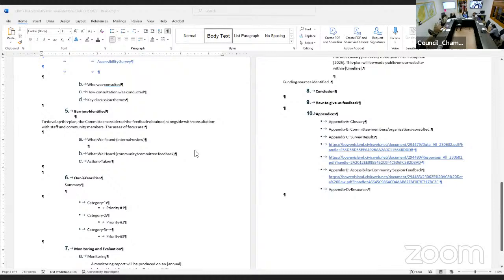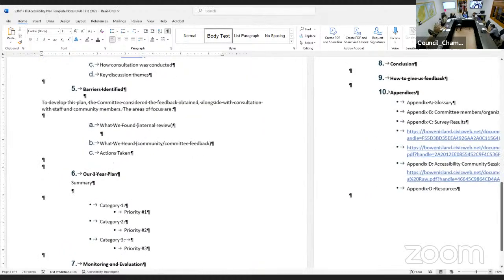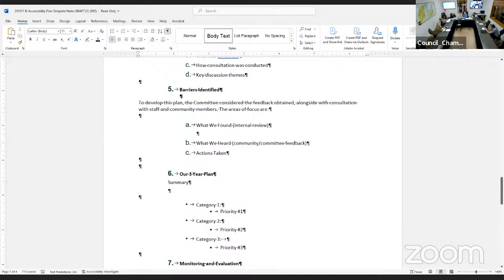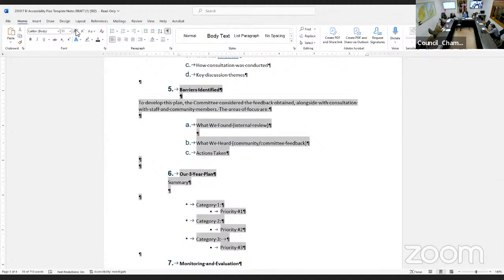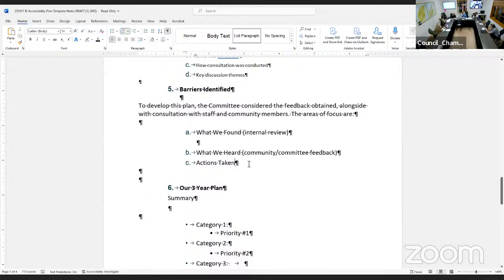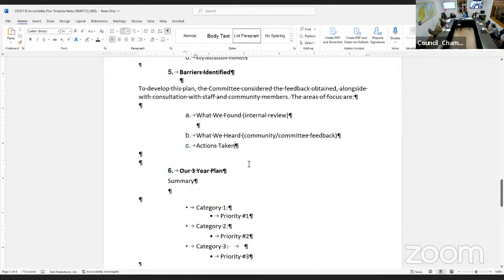Are there other areas of the template that encompass what you're suggesting we look at? I see what you mean. The report is going to describe at the front end how we collected information and how we formed the committee. That's the past stuff. So really this section is about